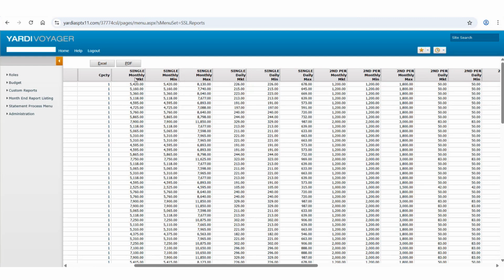That way I could just see, here's my monthly market rate, over here's the daily rate. We've got the min and the max for the daily rate. Here's the second person rate. Sometimes those second person rates are different by care level. We have the min and the max for the second person rate. And then if we scroll over,